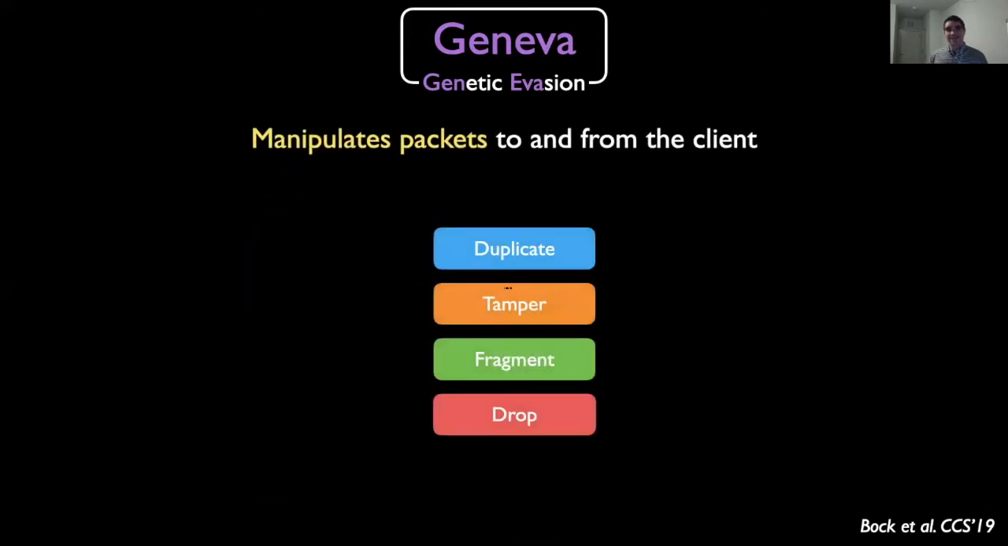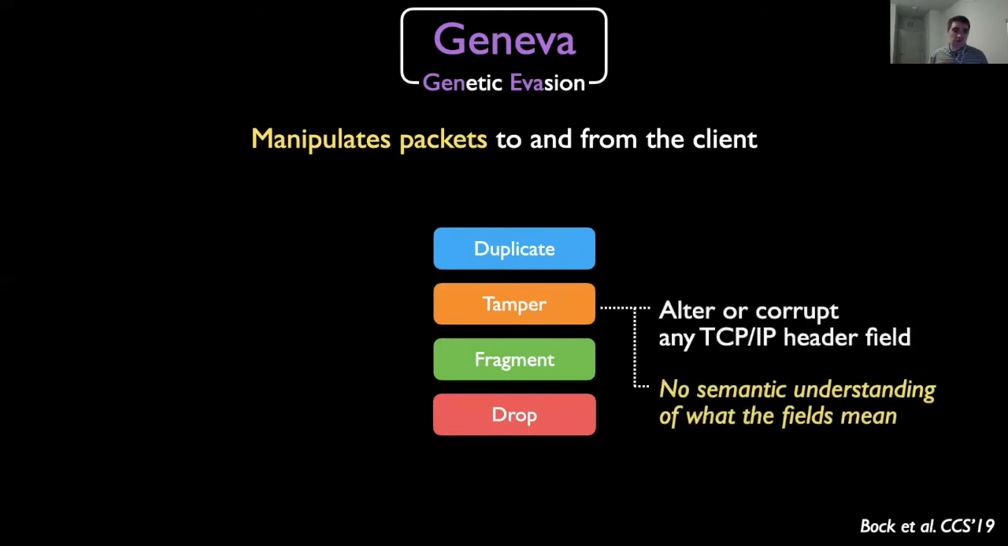And the way it does that is it has 4 actions. So that's duplicate, we take one packet, we make 2. Tamper, we take one packet and change it somewhat. Fragment, we take one packet, we make 2 packets, break the packet in half. Or drop, where we take a packet and drop it on the floor. So I'll call out 2 things specifically here of note. For tamper, this allows us to alter or corrupt any TCP/IP header fields. And importantly, Geneva gets the syntax of this. It knows it can change